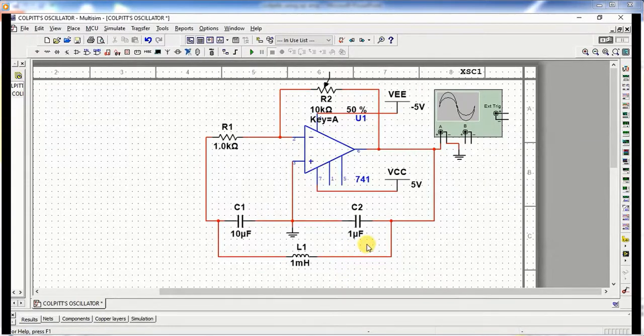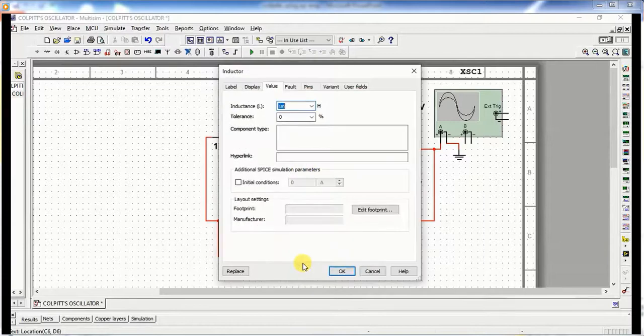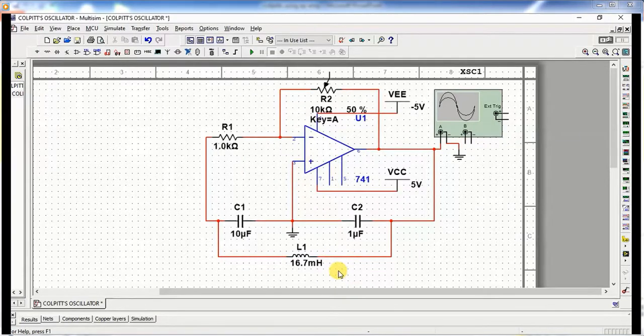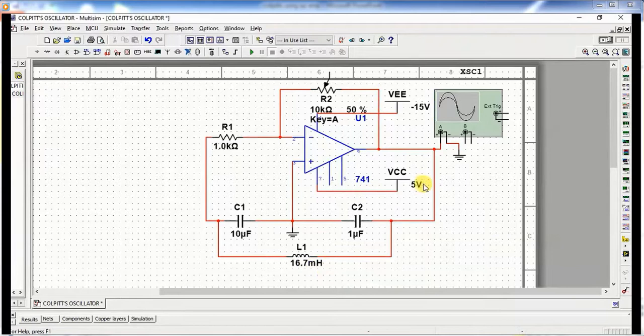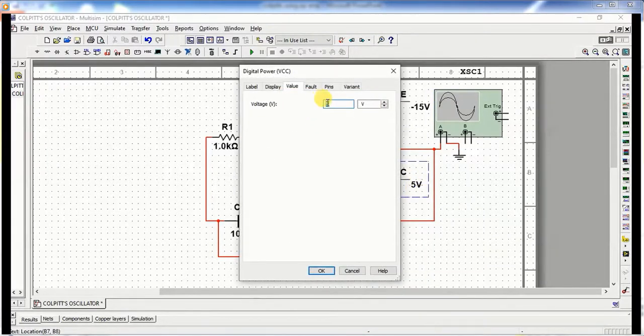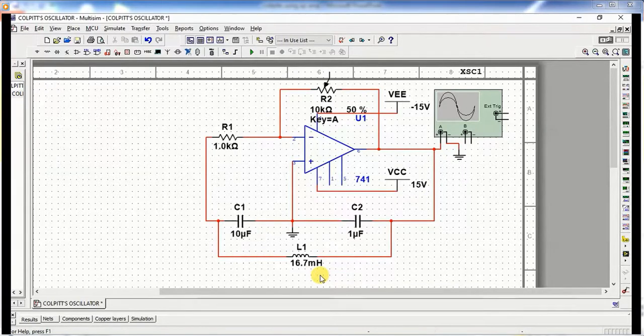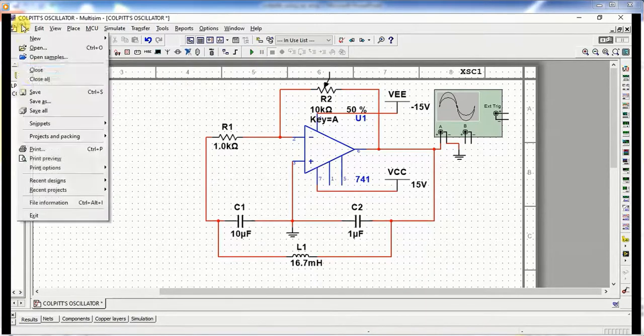C1 is given as 10 microfarad, so you can change the C1 value, and the inductor in our example is 16.7 millihenry, so you can change the value of the inductor, and C2 is equal to 1 microfarad. You can also change the power supplies value. So this is your plus 15 volt and minus 15 volt. So you can change the value of the supply voltages.